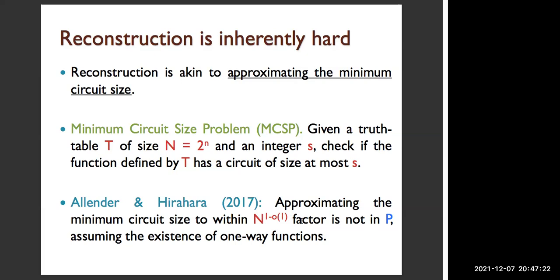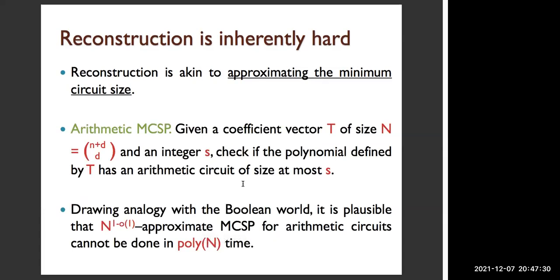becomes difficult. One might expect that something similar holds even for arithmetic circuit complexity. So let me define an arithmetic MCSP version in a very natural way: instead of a truth table, you are given the coefficient vector t of an n-variate polynomial of degree d, and an integer s, and you want to check if the polynomial defined by this coefficient vector has an arithmetic circuit of size at most s. And by drawing an analogy with the Boolean world, it's not too far-fetched to conjecture